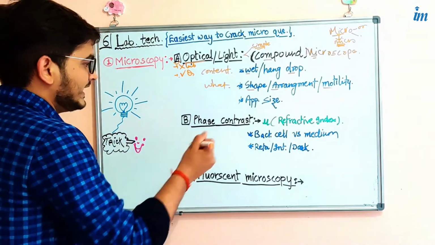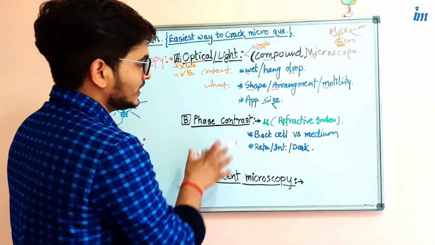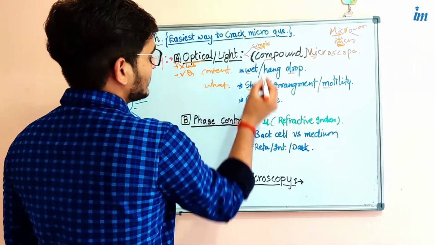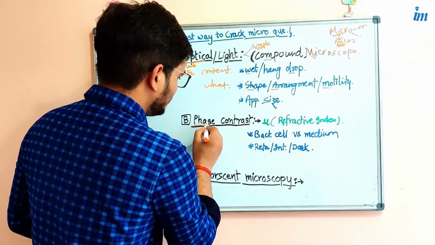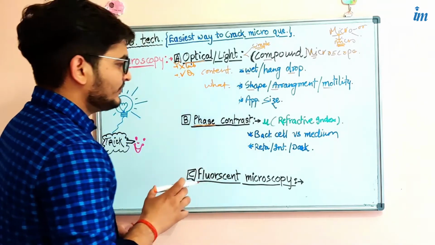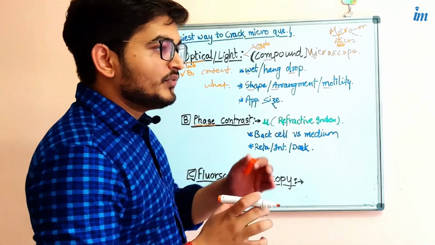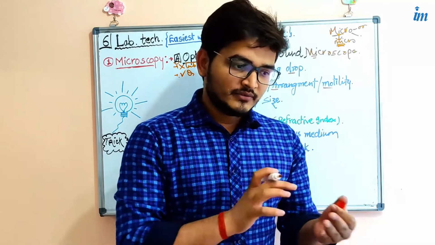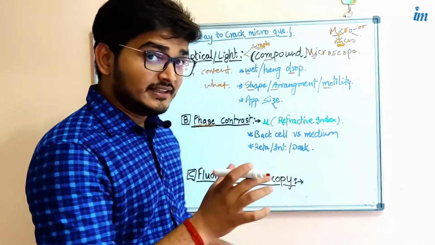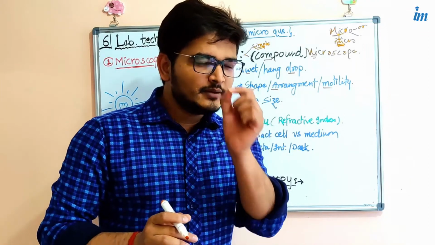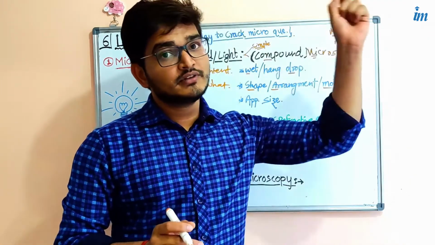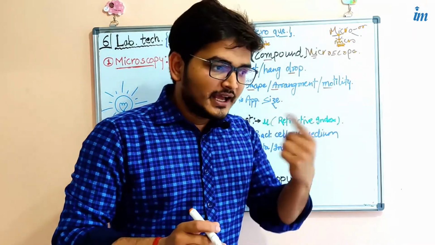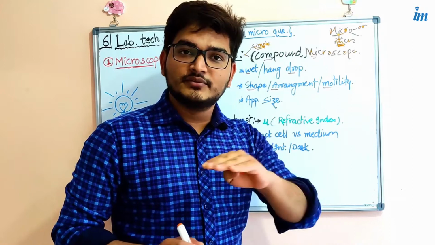Here I will tell about the second one, the phase contrast. Phase contrast, this is based on the light. And here is phase. What do you mean by phase? When you talk about the phase, it simply means phase change, phase lagging, phase reflection, phase difference. These things are very important if you have a little interest in physics. If you remember, when we studied semiconductors and optics, every time we studied the phase.